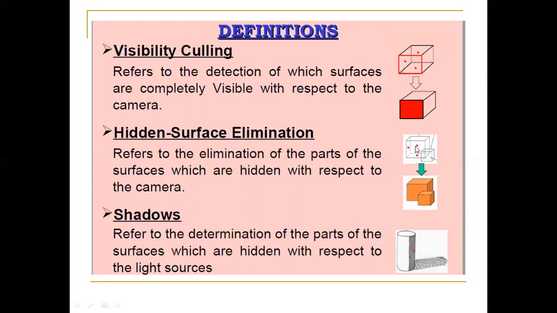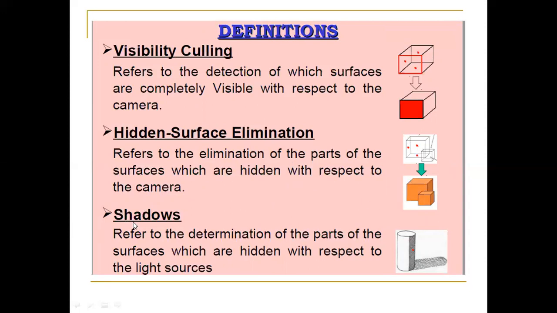So this back face of the box or the cube is hidden, this left side of the cube is hidden, and the bottom face of the cube is hidden, right? So we are trying to find those surfaces which are hidden with respect to my camera position or my viewing position. If I'm taking this view of the camera, we can say that only this particular part of the box is visible, so this particular part of the scene or the picture is visible.